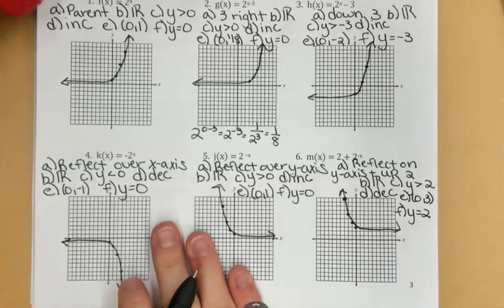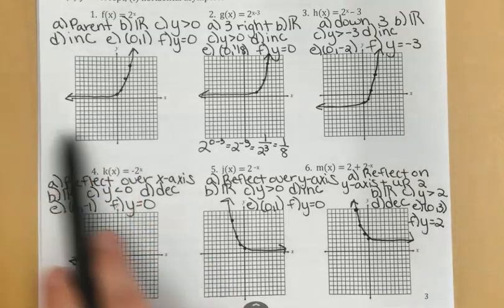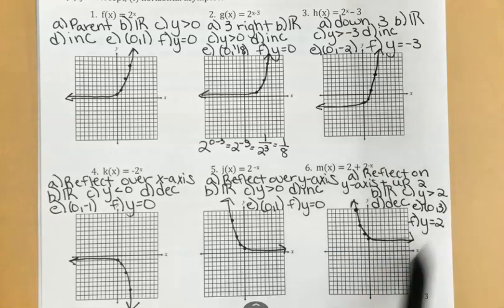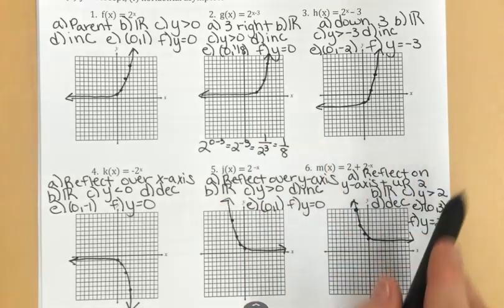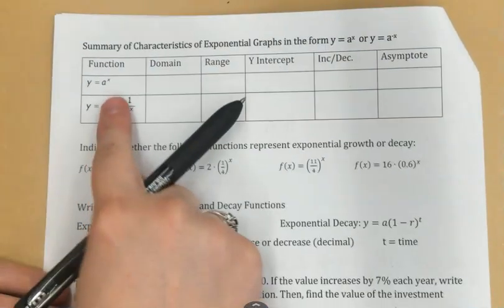So when you're graphing these functions and you're just given the equation, think about your parent function and what kind of transformations are taking place to help you determine what it's going to look like and how that changes these different characteristics. So in summary, what we have looked at here is when I have my parent function, a to the x power,